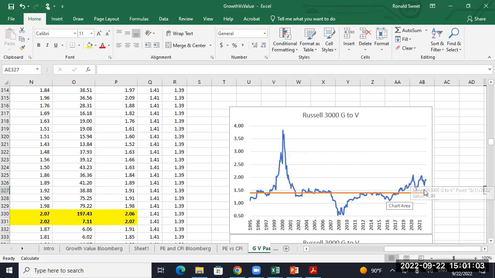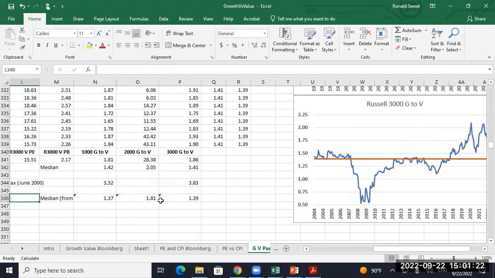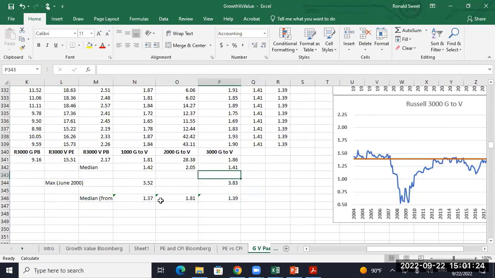Right here, here's where we are. So growth stocks look pretty expensive, don't they? But not so much relative to that. But if we take that out and just look here recently, you can see growth stocks really sold off in the .com, but they're a lot more expensive than they have been. So if you look historically, right now growth is trading at 1.86 times value. Historically, it's been 1.41, so they are very expensive versus value.